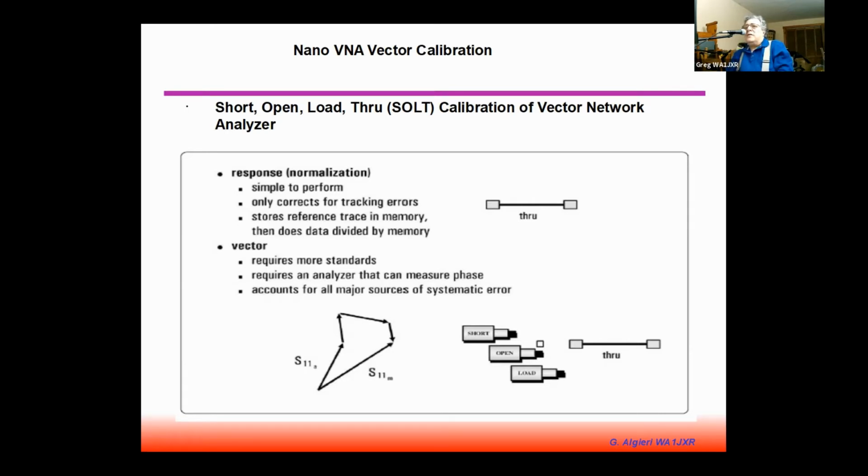And so there's a menu that you can bring up to do calibration after you've set the analyzer up for your frequency range. You set a start and a stop frequency, and after you set up that frequency range, you press calibration, and the first thing it tells you is, apply the short. So you screw on the short, you hit the button, it goes off and takes a bunch of measurements, and then it comes back and says, okay, put on the open. You take the short off, you put the open on, you hit the open button, it goes off and takes a bunch of measurements,